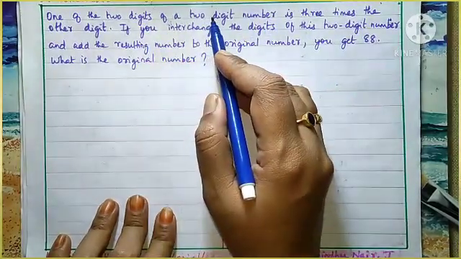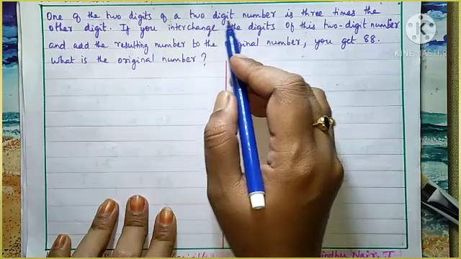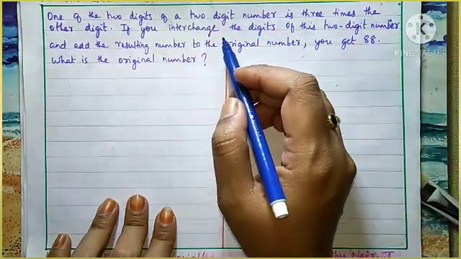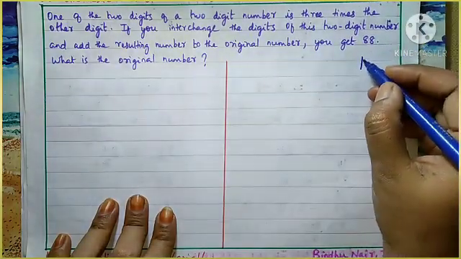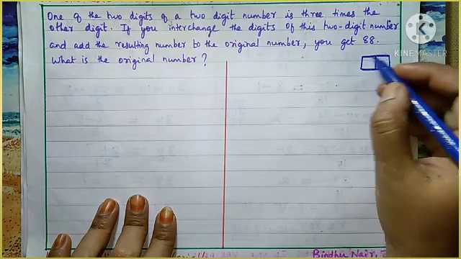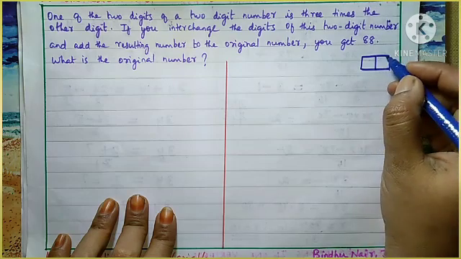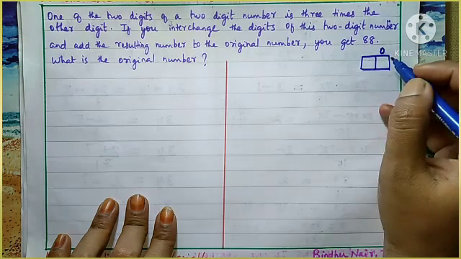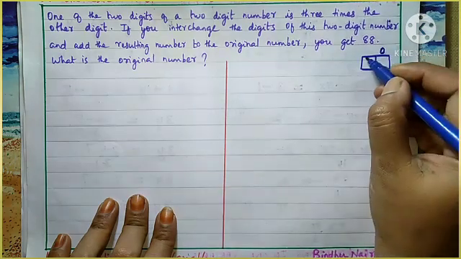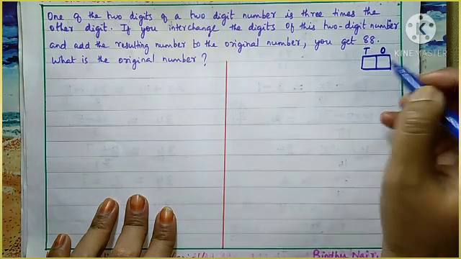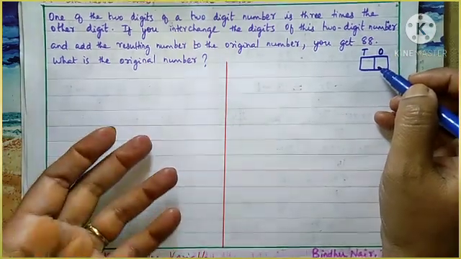All of you know a two-digit number? Yes, the number will have 2 digits. And when you are considering a two-digit number, the first digit is told as ones place or units place, and the second digit on this side is told as tens place. Correct? So here we don't know what the two numbers are.